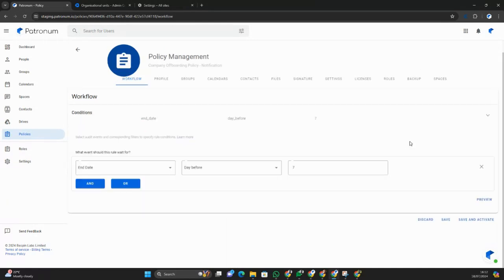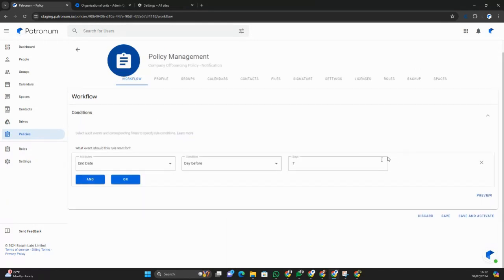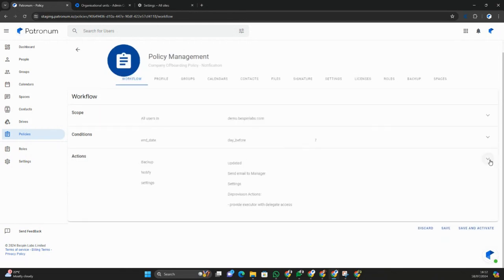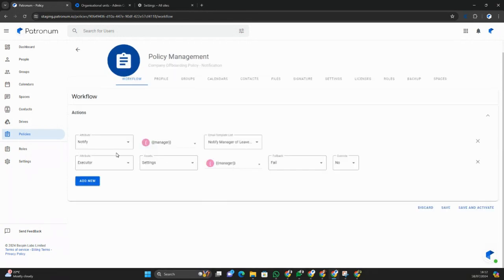Now, because this is an alert process, we're going to use the end date attribute, and we're going to say 7 days before this particular date, and we're going to just drive an action from that date. Now, the first thing that we're going to do is notify the manager, and we've already pre-configured a template, which is to notify the manager of the user that is leaving, to remind the manager to obtain any hardware or assets that the individual user has